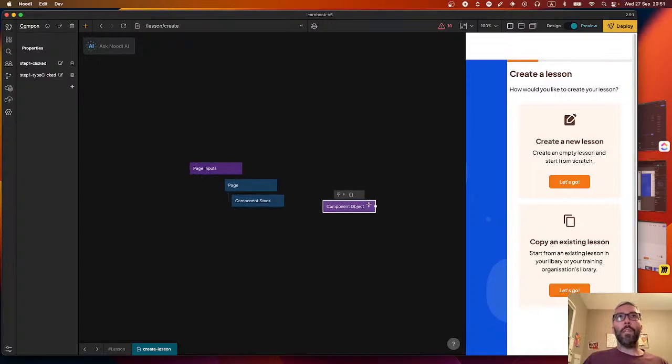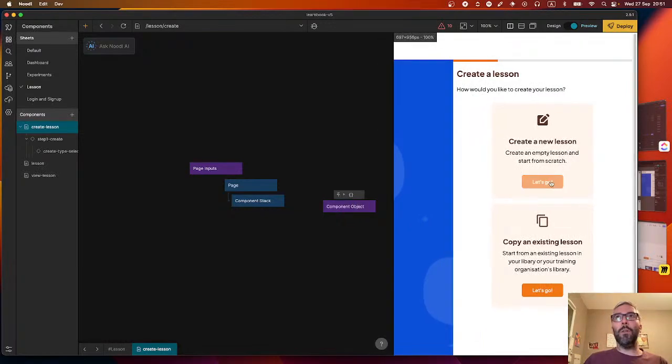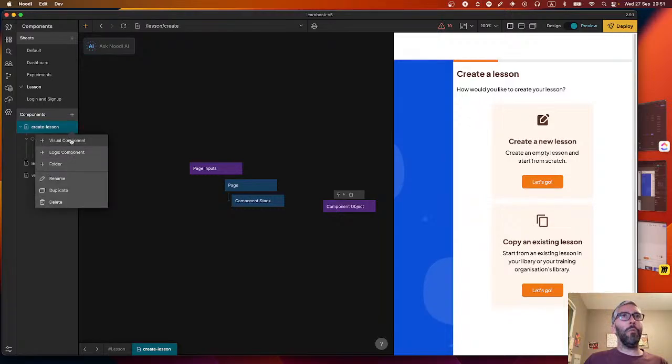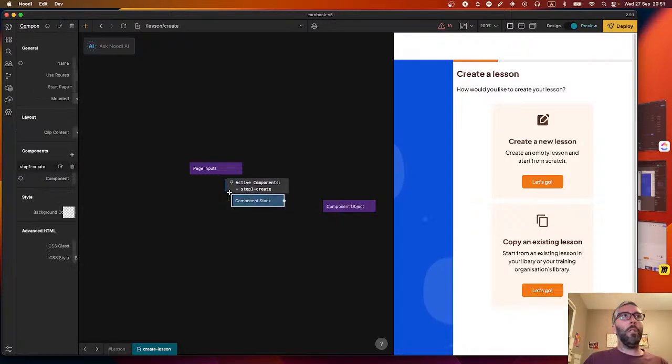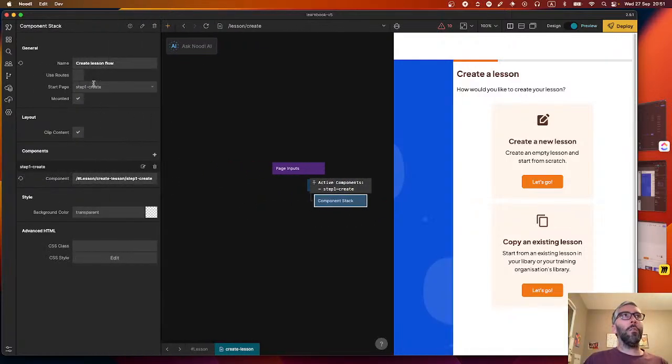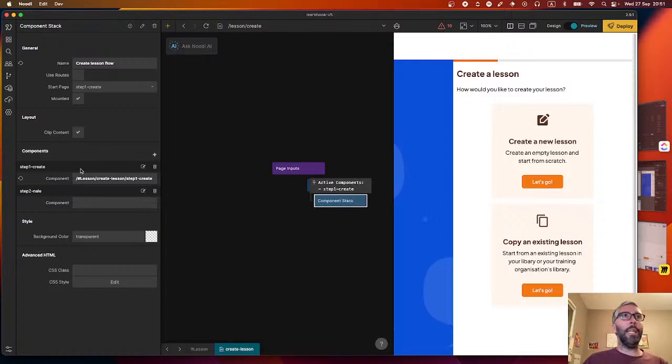Good. Okay, because that type clicked is going to determine where we branch our logic next. So create a new lesson is going to go to step 2, visual component. Oh, maybe I should copy this one. I know duplicating is not always the best, but yeah, let's do that. Duplicate, and we'll make this step 2. Name. And this is going to be here. So step 1 create as the default, step 1 create as there, step 2 name goes,